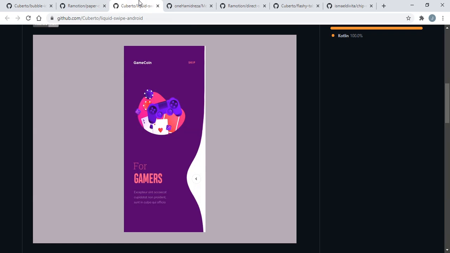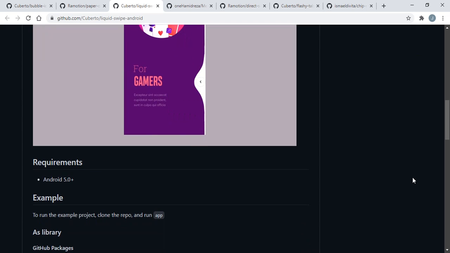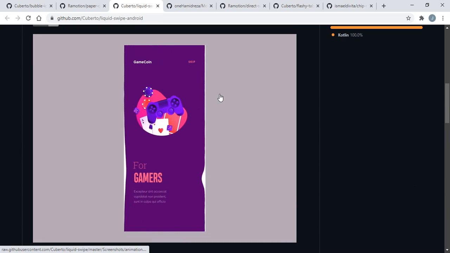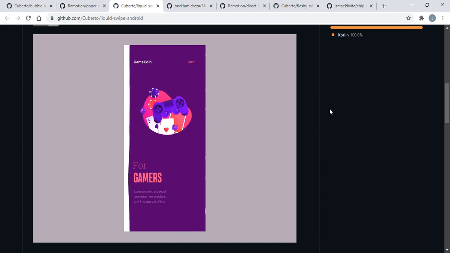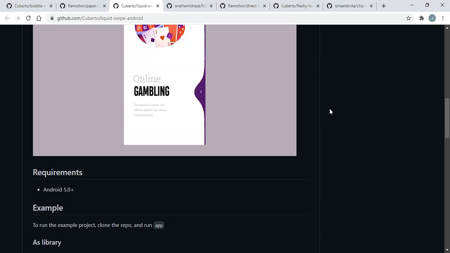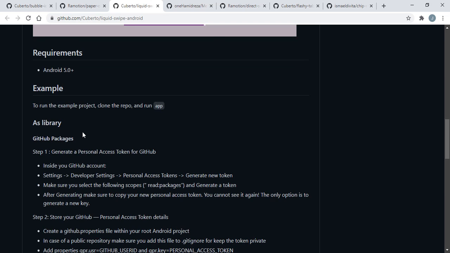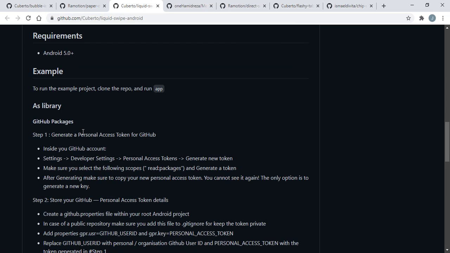Next is Kuberto Liquid Swipe. So this is again a library for our onboarding screen. This will add a liquid animation and this will attract our users very much when they first start our application. And the requirement is only Android 5.0 plus,